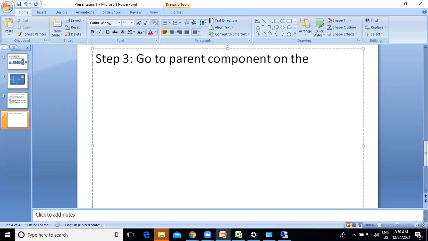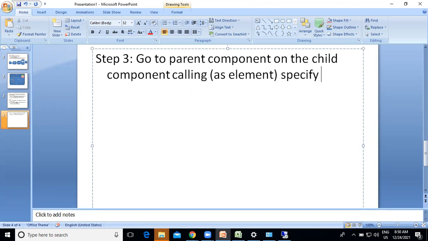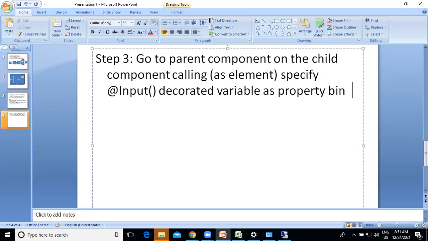On the child component, which we are calling as an element, specify the @Input decorated variable as a property binding.